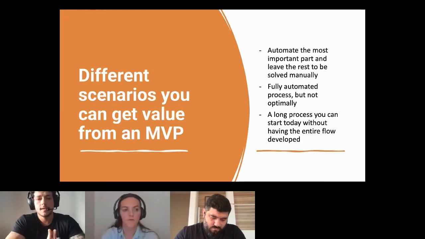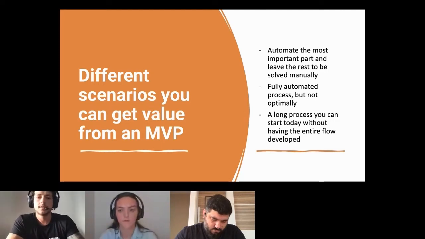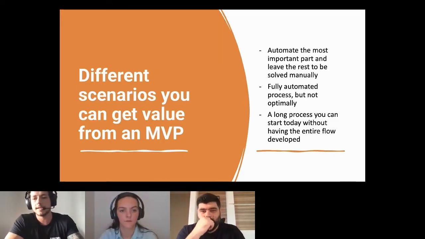So you just don't need to wait till you get every piece of your process developed. You can just develop the start, the collect data part, bring it to production, start to collect data, collect interest from your customers, and have your team developing the final part of your process.